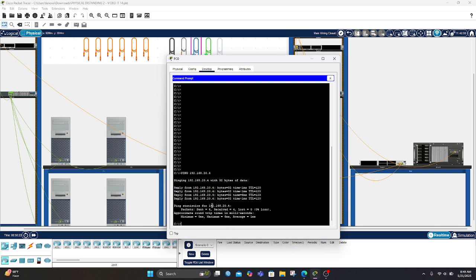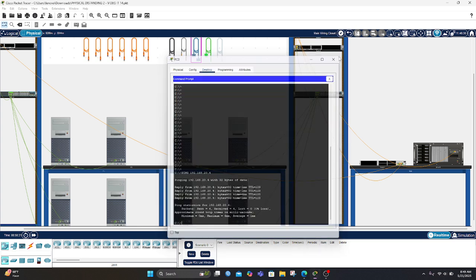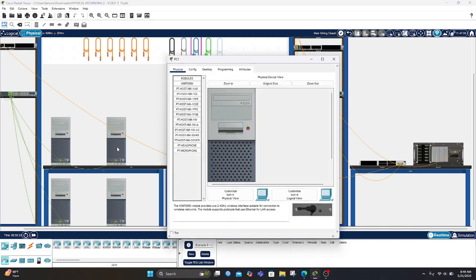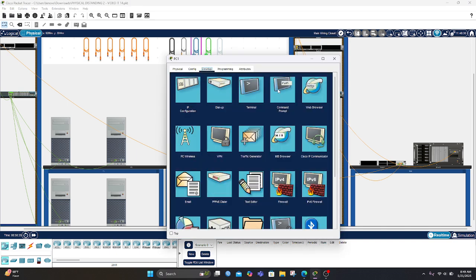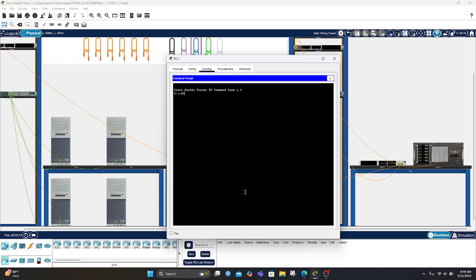So this means it is successful, PC0 can connect to PC2. Let's try from PC1.